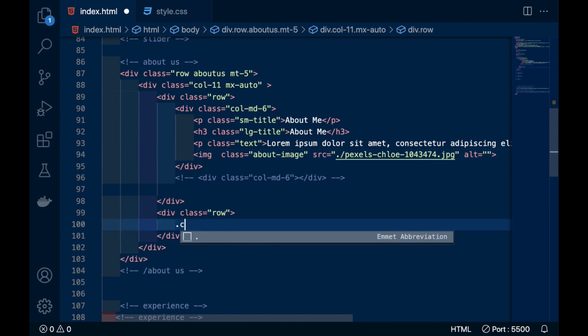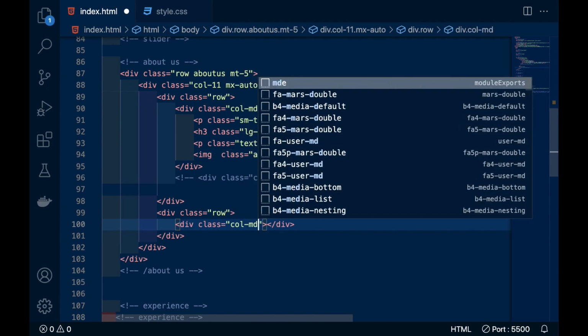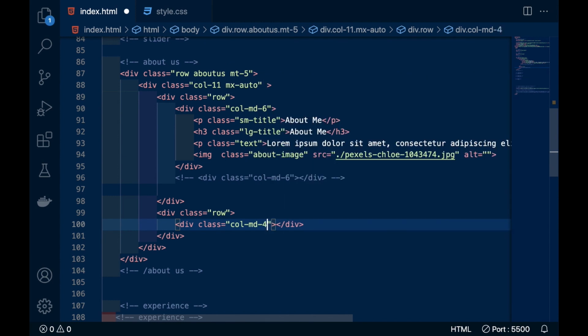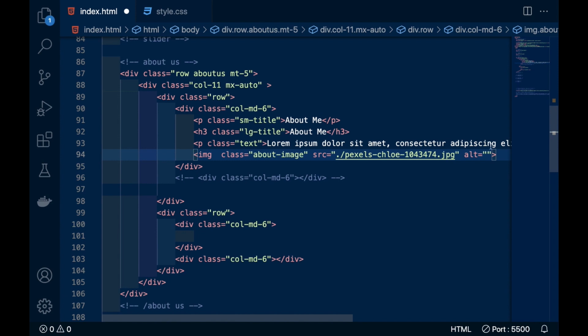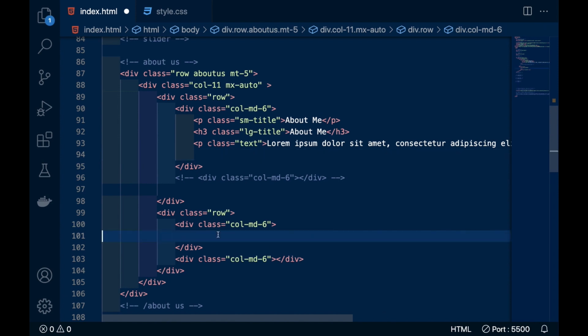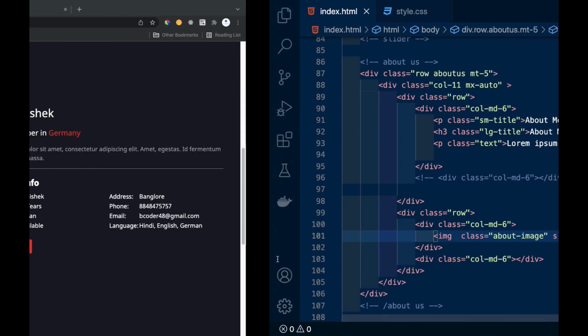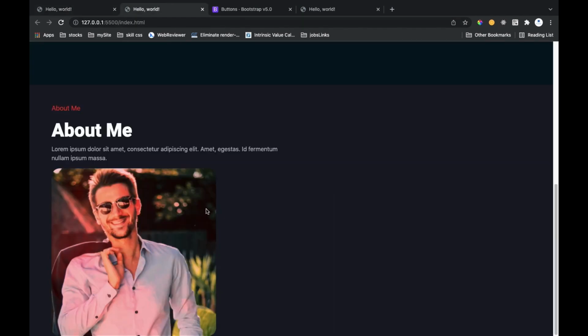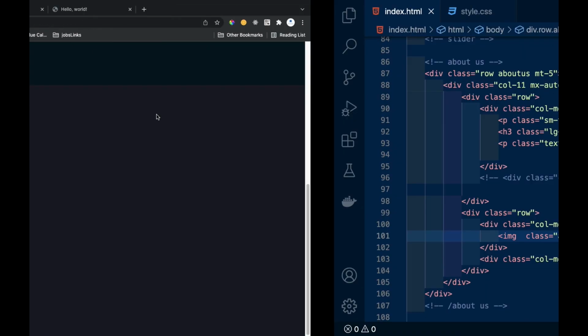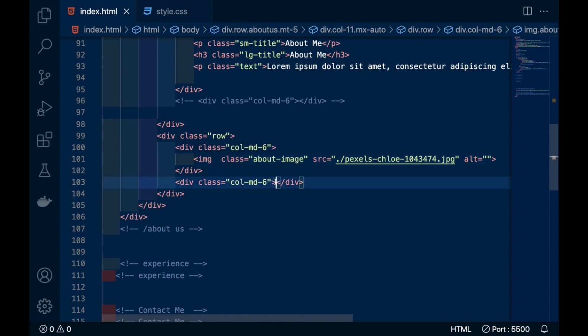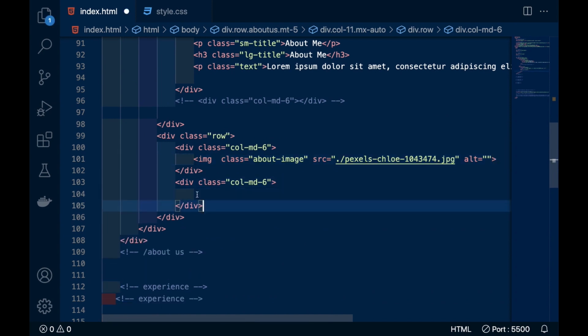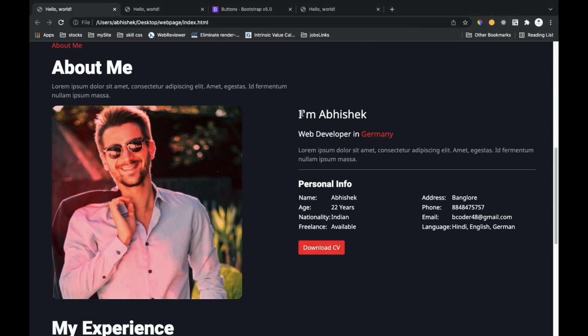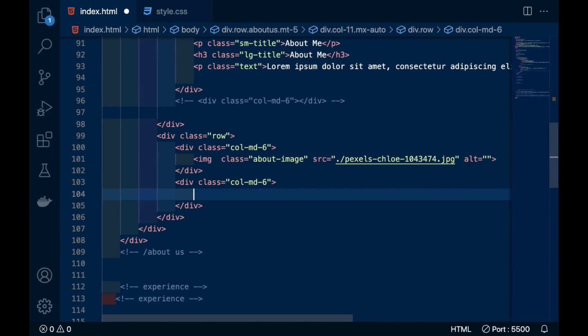So here I will use column MD4 and column MD6, and again column MD6, and in this one I will write this image here. So nothing is different, it is the same. And in this second column, we are going to write this whole thing. So we'll copy this.